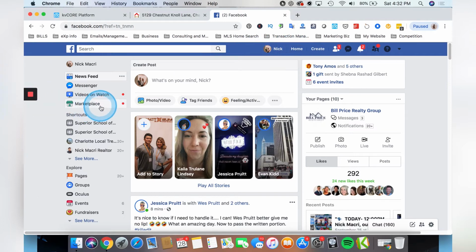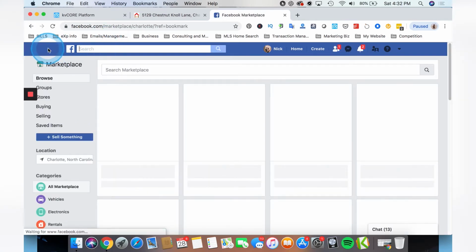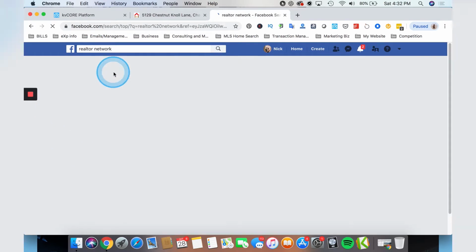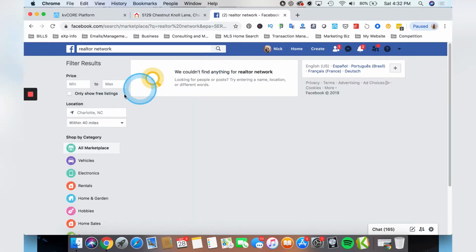As you can see, a whole bunch of stuff going on. You probably have noticed this Marketplace feature on the left-hand side. You can also just search things and Marketplace will come up. So we just did the video explaining these Facebook groups. You notice there's Marketplace right here as well that you can search for things,